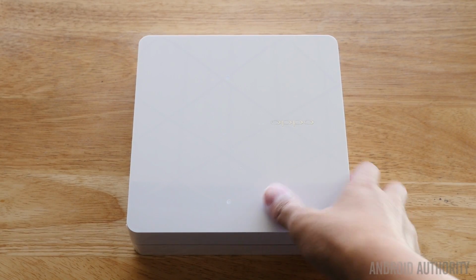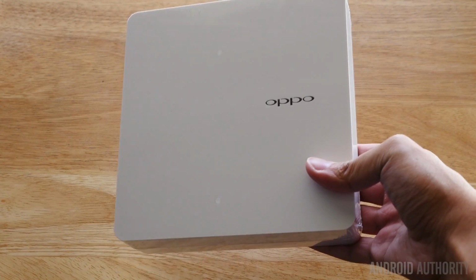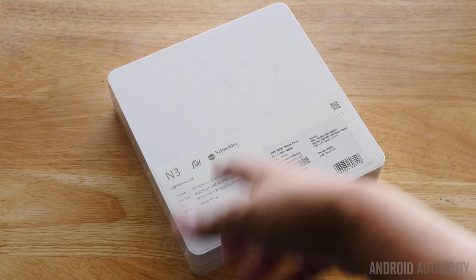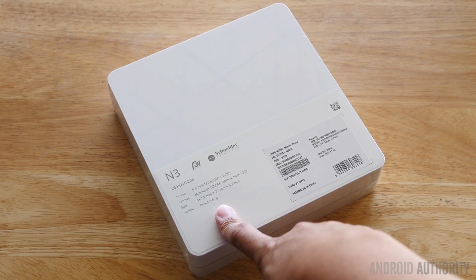And here we are with the box of the Oppo N3. The first thing that I noticed was, well, the box is actually kind of thick, and to be honest, it's pretty heavy as well. If you look on the back here, what it will tell you is that the weight of this phone is 192 grams. That is obviously sizable, but so was the N1, and the N3 slims down just a little bit